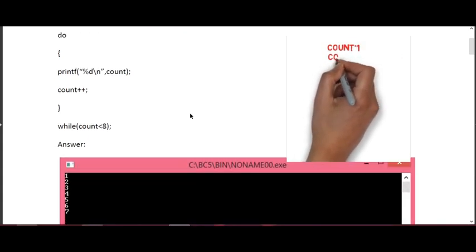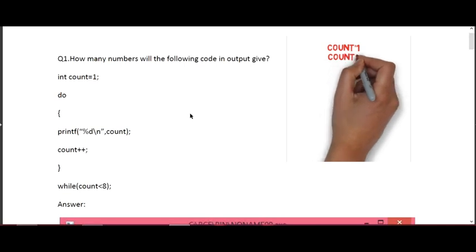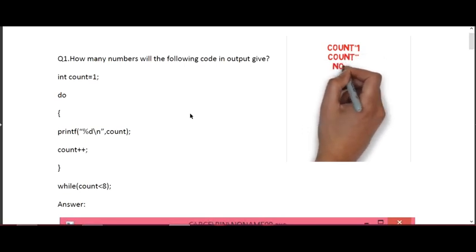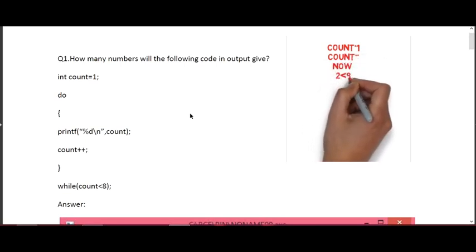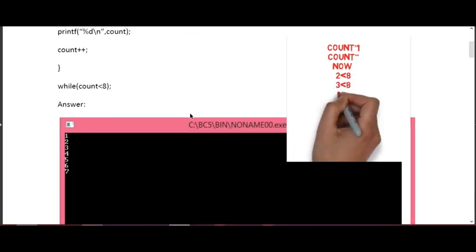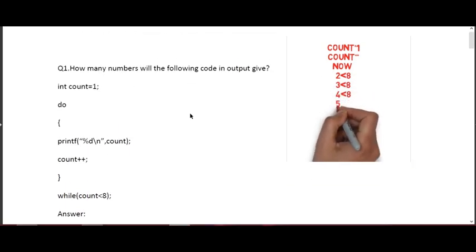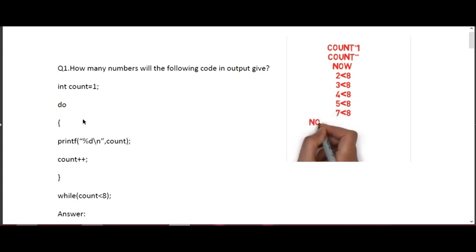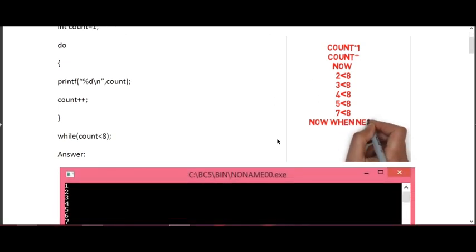When we execute this program, it will check the count value until it becomes 8. Because we are given less than 8, we'll keep checking the condition until the value is less than 8. As soon as the count value reaches 7, it will print that value 7, and it will stop the execution as soon as the incremented value goes to 8.